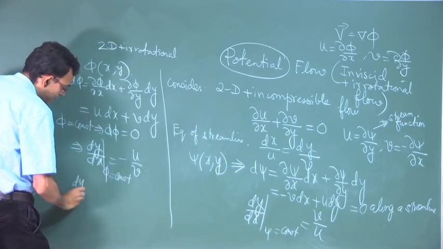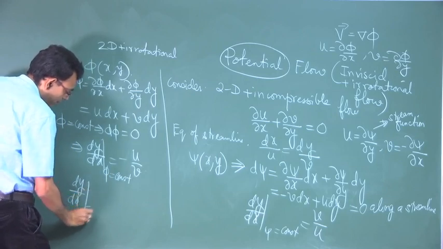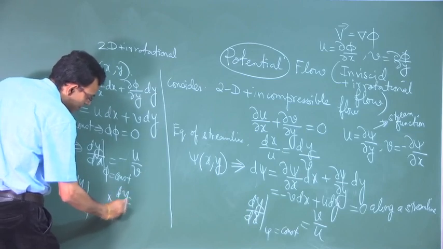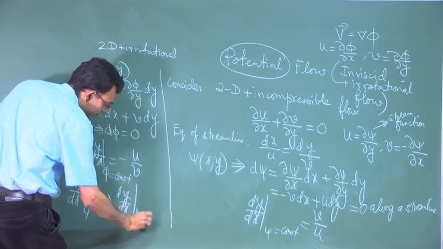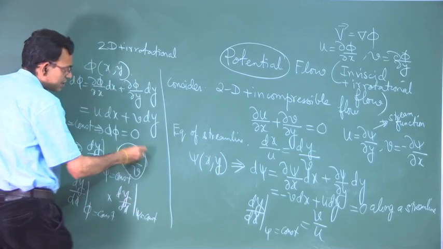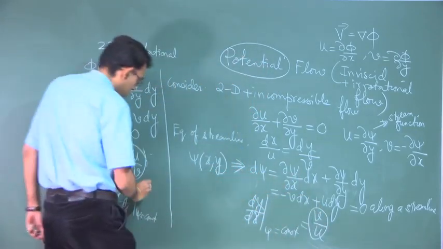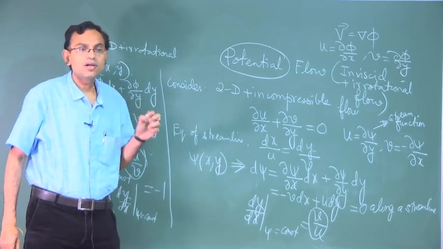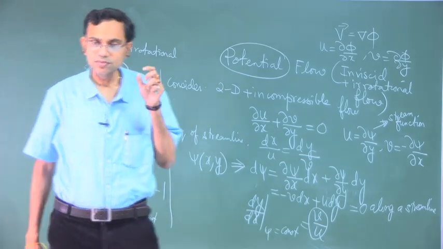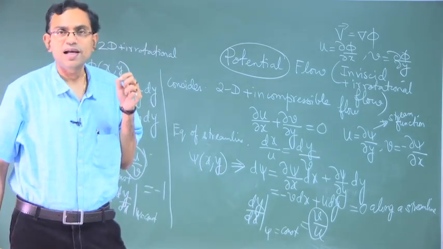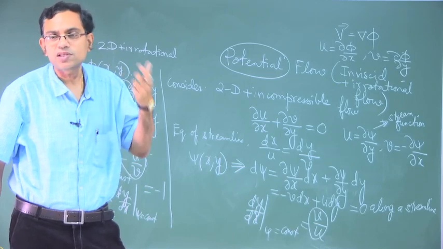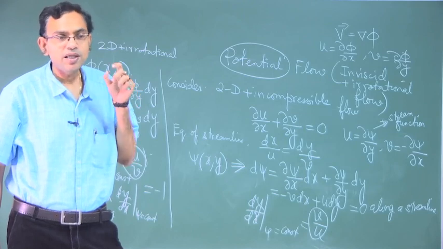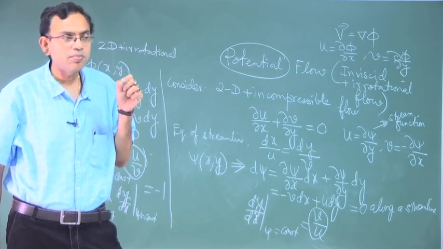So, dy dx for phi equal to constant times dy dx for psi equal to constant is equal to minus 1, provided u and v are not 0. If u and v are 0, then there is a chance that you have division by 0 and the entire process of multiplication breaks down, and that singularity where u and v are 0, that singularity point is called a